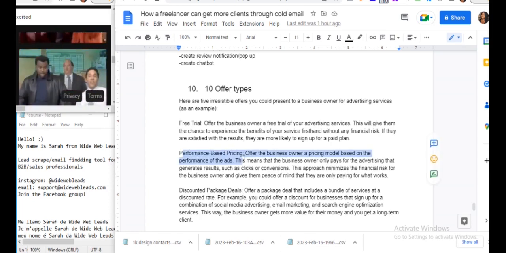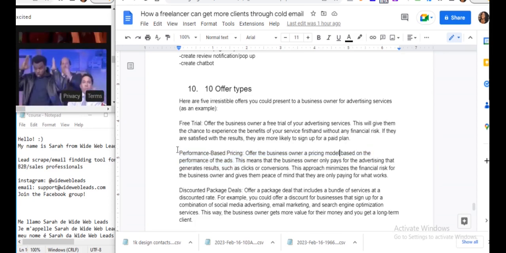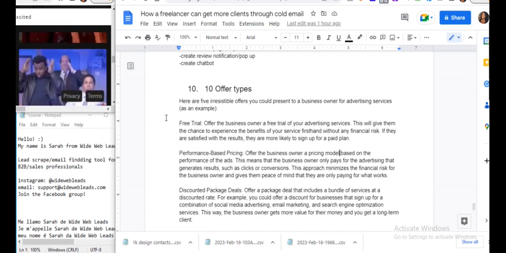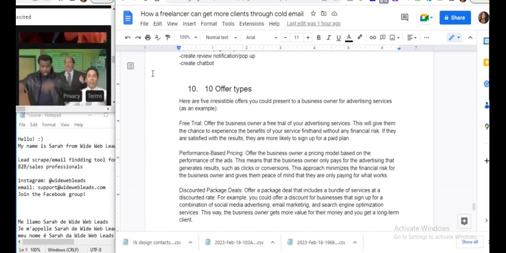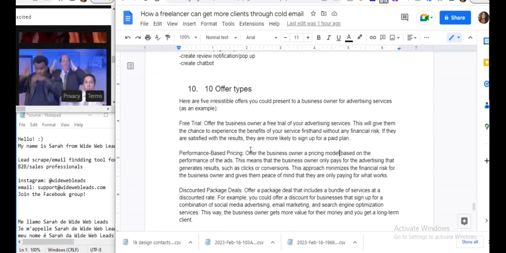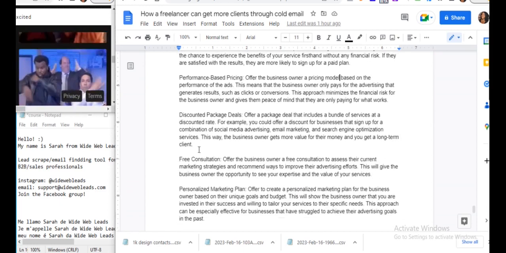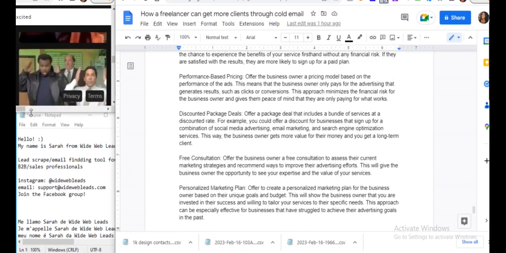You can do performance-based pricing. This is mainly for ads, but you can still do performance-based with writing content or social media management. But I wouldn't recommend it because those aren't necessarily high-yielding, immediate ROIs, whereas with advertising you can create really good offers because you can notice ROIs, or trends at least, relatively quickly. And ROI would be just a return on the investment.